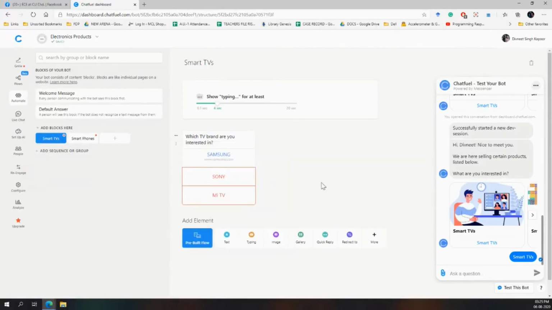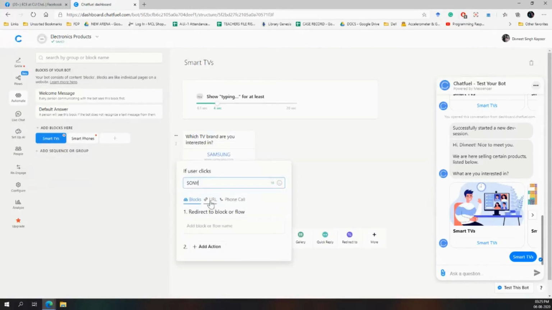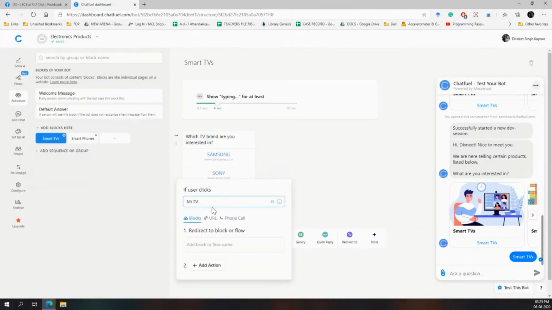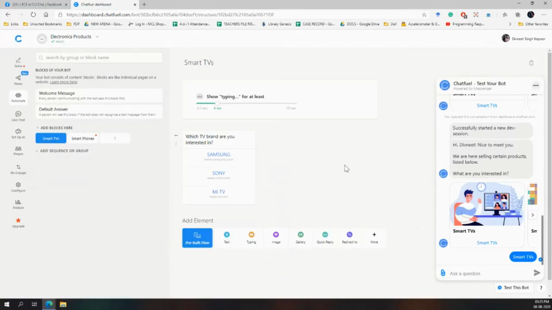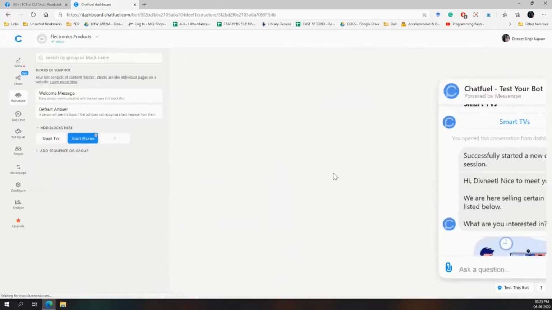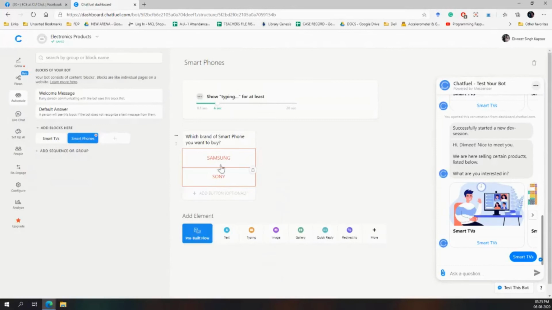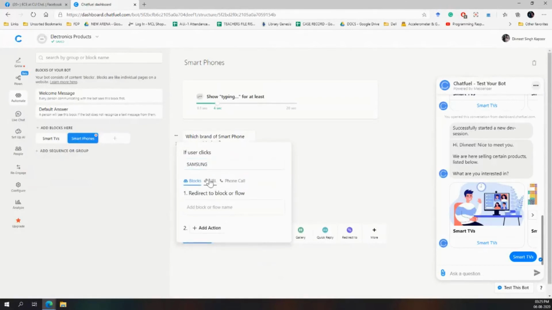This is the URL that will be opened for Sony, and for MI, let's say. And in smartphones also, let me just do the same thing.